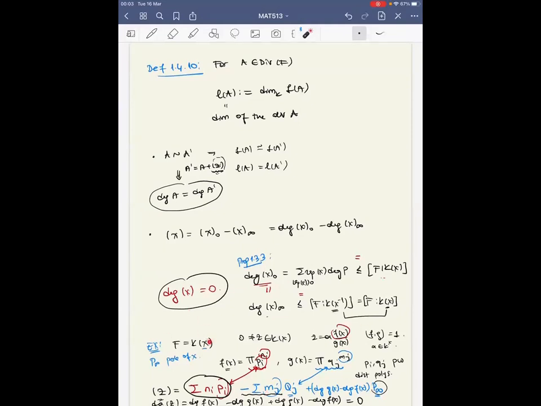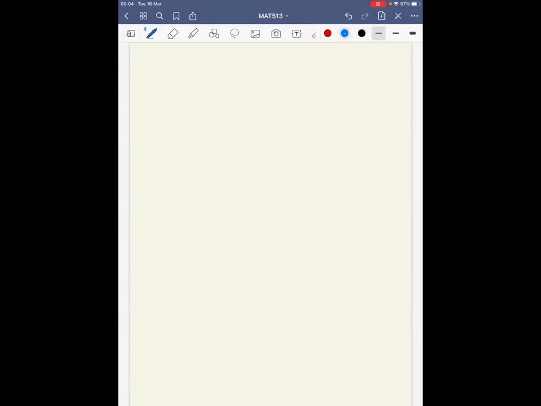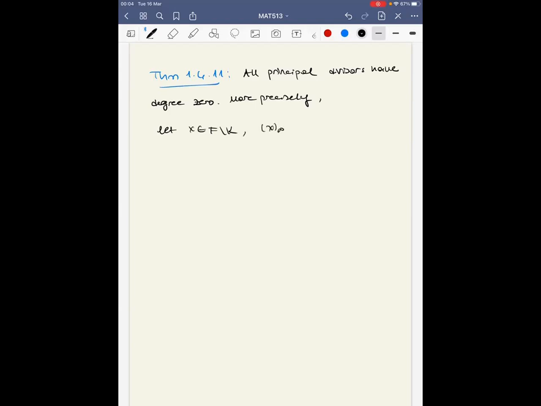As we have observed in this example, and as we stated before, now we prove that all principal divisors are indeed degree 0 divisors. More precisely, we will see that for a non-constant function, if we denote its zero and pole divisors,